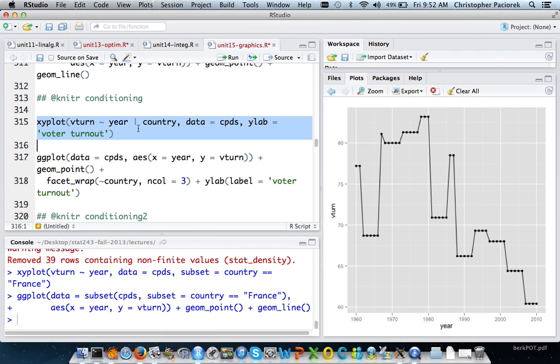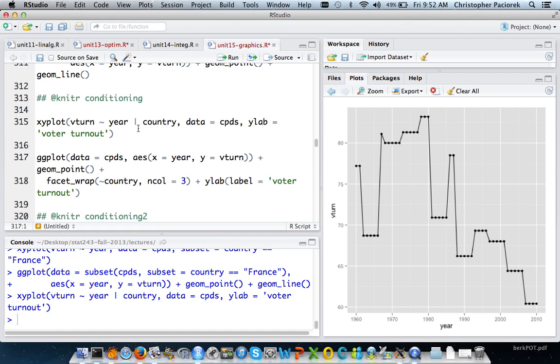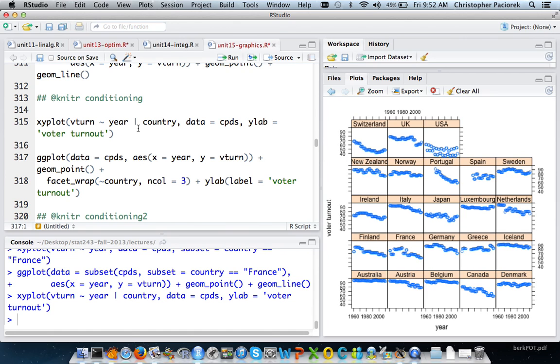And so we've got this sort of notation here. So this is going to plot a separate subpanel for each of the countries, looking at voter turnout as a function of year. That will produce something that looks like that, which is pretty nice. It does a lot of nice layout for you and makes the axes consistent across the different plots. And you can do something similar in ggplot, except you have to call this facet_wrap function,